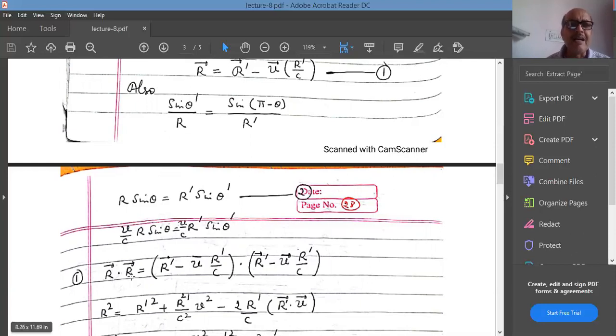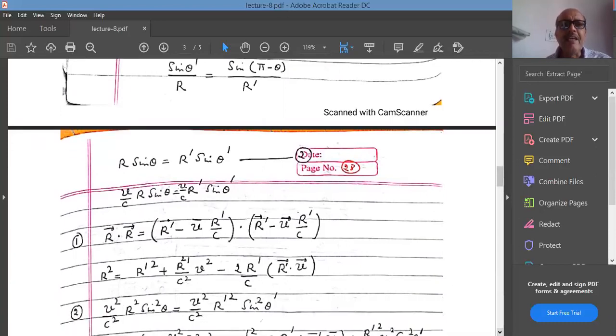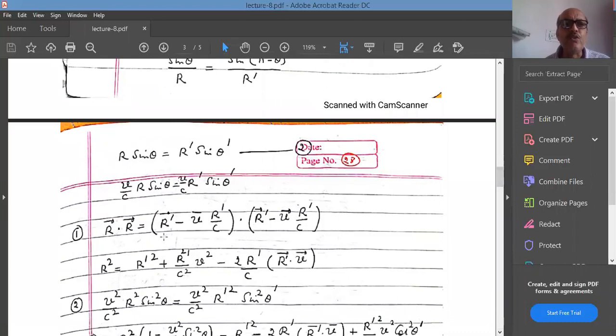So that is R dot R. That will be equal to R square, because if you expand A dot B, it is mod of A into mod of B into the cosine of the angle between the two. Since we are using the same vector, the angle between them will be 0 degrees. So mod of R into mod of R becomes R square, and cos of 0 is 1. So we have R square. Now coming to the right hand side, we have basically the combination of two vectors.